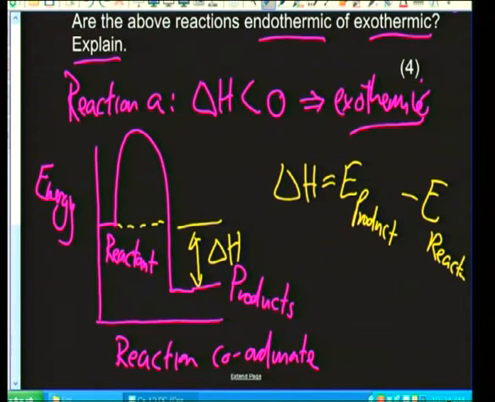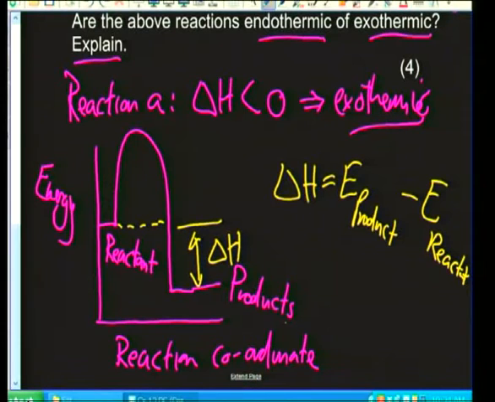The reactants are the things that we start with, the products are the things that we end with. So have a look at this and we take the values and see it clearly. When the products have a lower energy, these are lower, this is lower, and the reactant here is higher. So if we take the energy of the product minus the energy of the reactant,